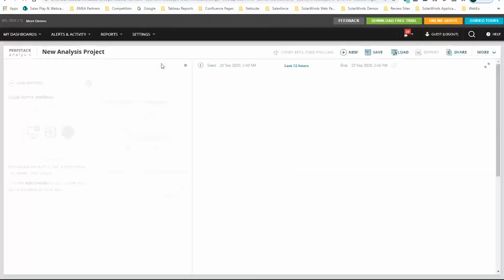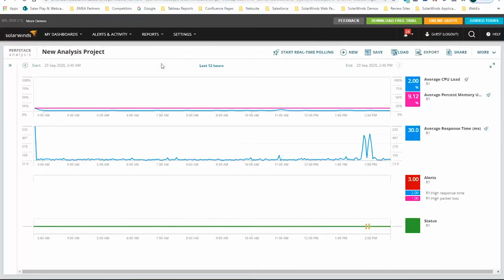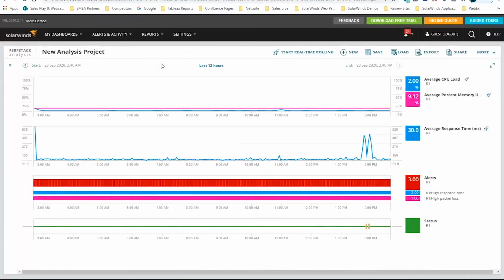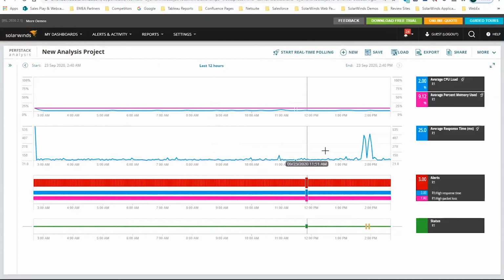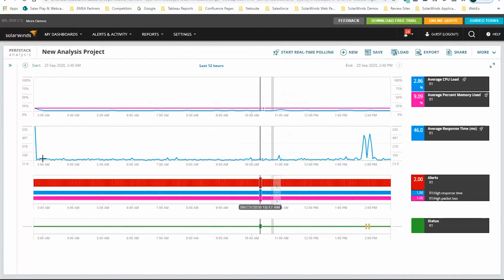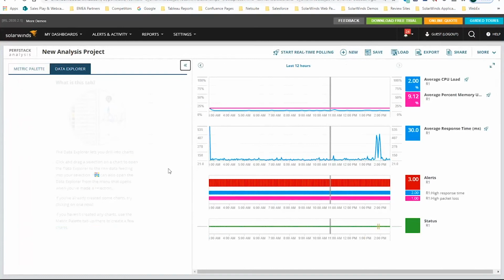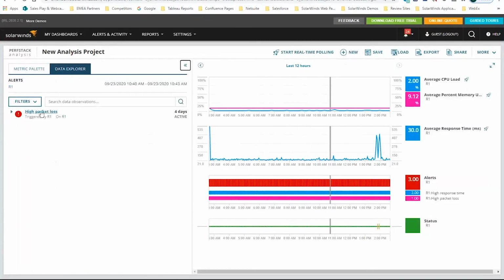So end-to-end, we monitor, we alert, we put into a management or an incident, and we respond and resolve, right? So you can see here, these alerts have been occurring for a while, and if you click on the alert and you go back to the palette over here, the Data Explorer, by clicking on that, it'll actually bring up the alert here, and then you can drill into that a little bit more as well.